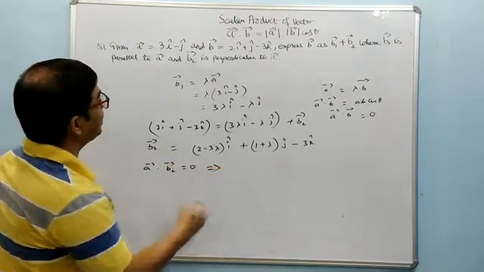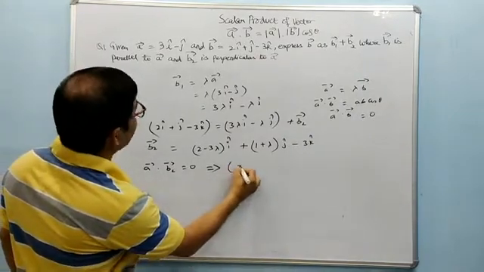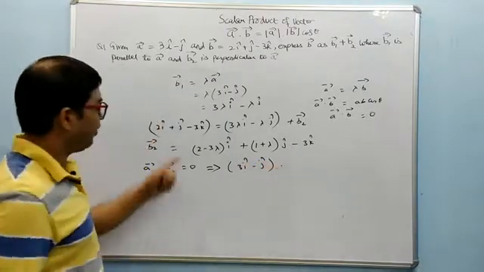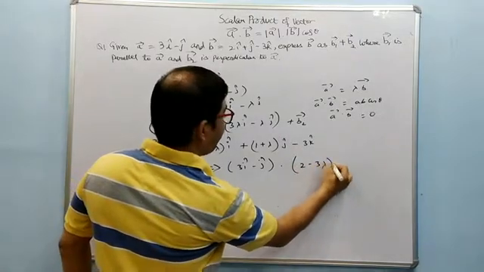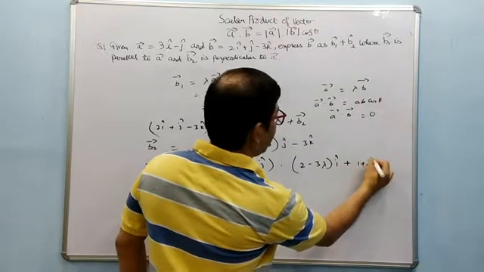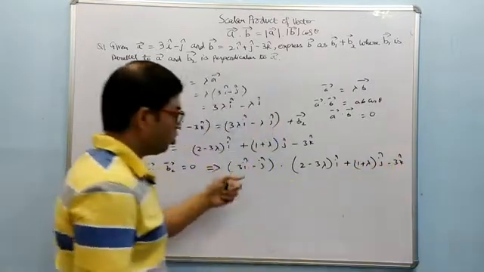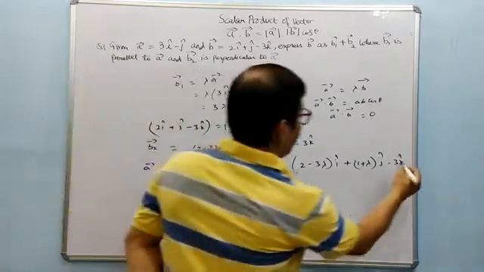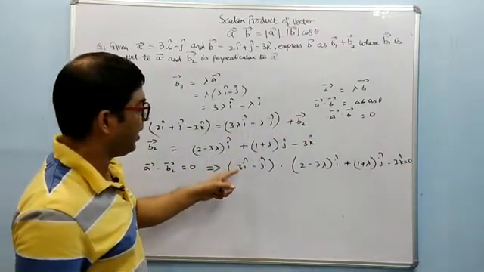That implies 3i cap minus j cap dot vector B2, which we got here: (2 minus 3 lambda) i cap plus (1 plus lambda) j cap minus 3 k cap. So on multiplying, as it has to come out to be 0, if I multiply,